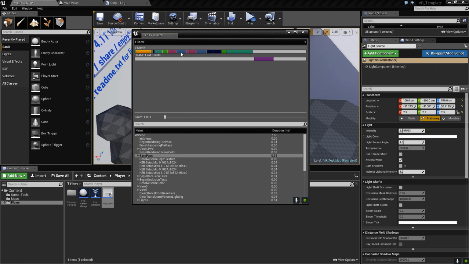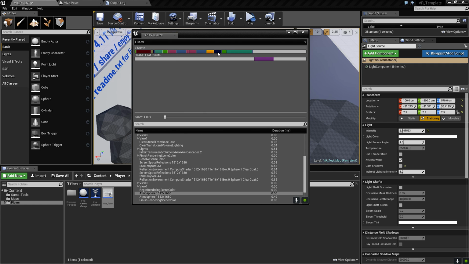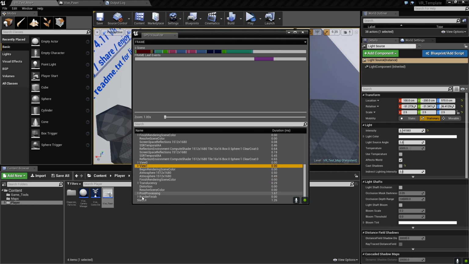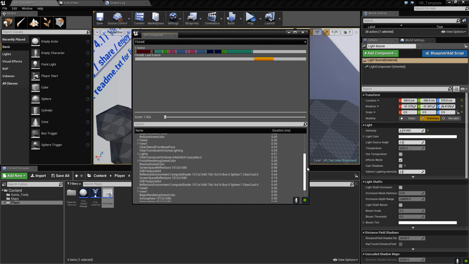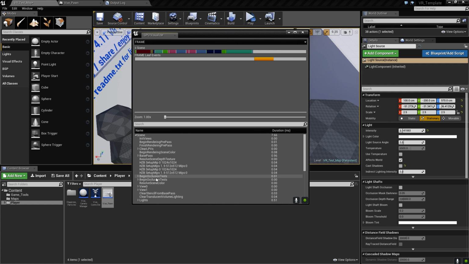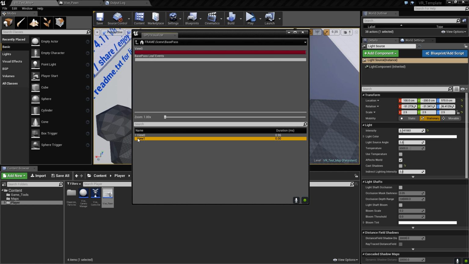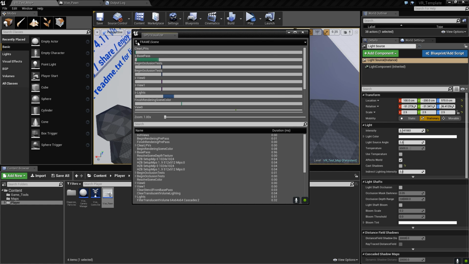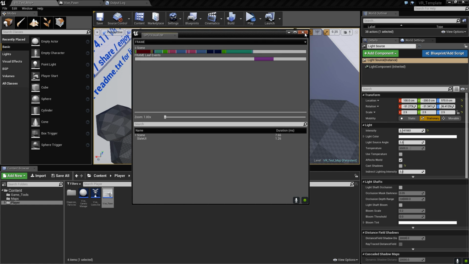You can check out all these other cool options and figure out what's happening. I've got instant stereo running, so there's 2 views. I have Slate UI, and I think that might be the editor itself, so that overhead might not be available if you run the game without running it in the editor. There's base pass. There's our views. Now it's only running 1 because we're in instant stereo, I believe. So that's the profiler. Again, that's Control-Shift,